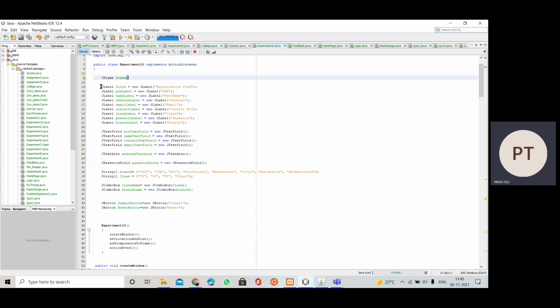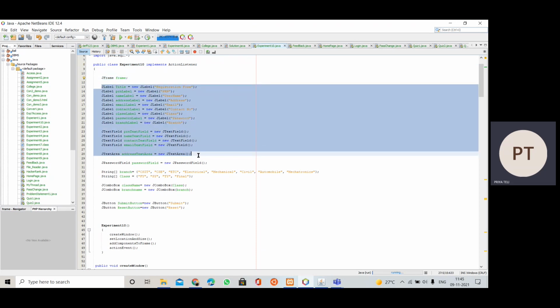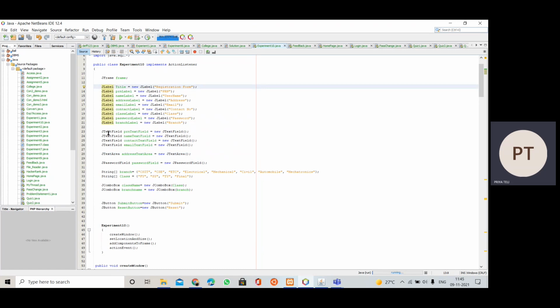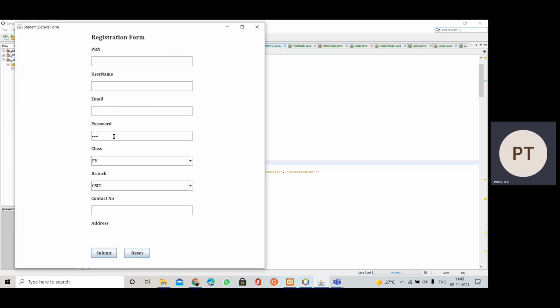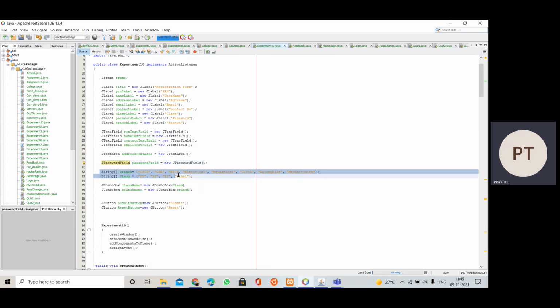Then we have all these Swing components whose objects we have created, like JLabel, JTextField, JTextArea, JPasswordField. We use a password field for this instead of a text field, so that whatever we type here will be hidden from the user. Then we have taken a string array, in which we provide comma separated strings, which will appear as options in the combo box.